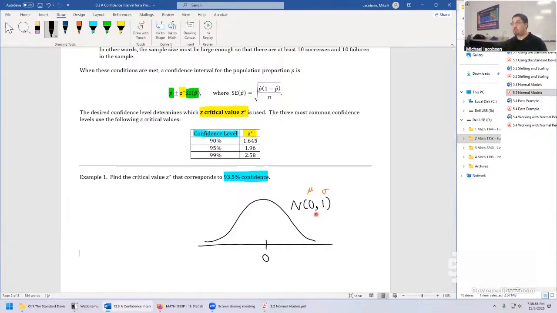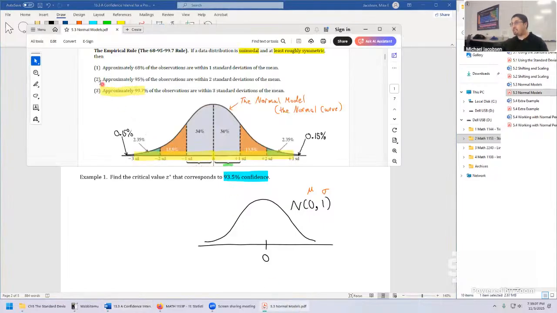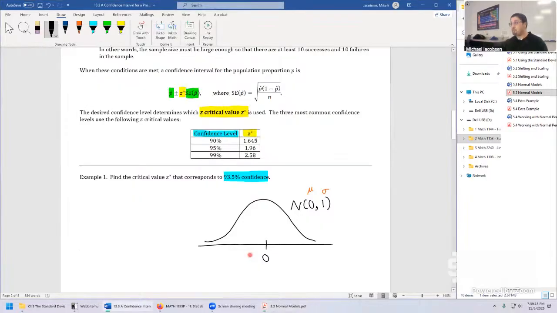That means the center here is 0. And if we're doing a 93.5% confidence interval, it means we're capturing the central 93.5% of the area. Our number is going to be kind of close to 2, but just a little bit off. So here's what we would draw next for our sketch. Go from about here to about here. We now have the central area, 0.935.